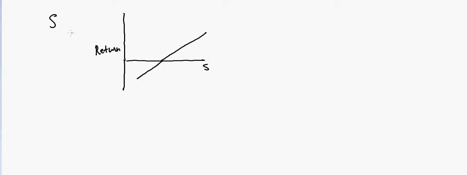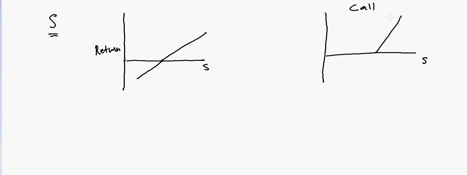So instead of buying the stock, the other option is to buy a call. If you buy a call, then in that case your return looks something like this, but you do not have any loss, because this is an option for you. So only if stock prices increase, then you get a return. So this is your call option, right?